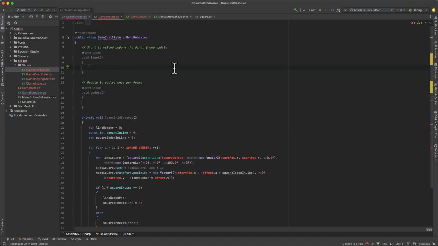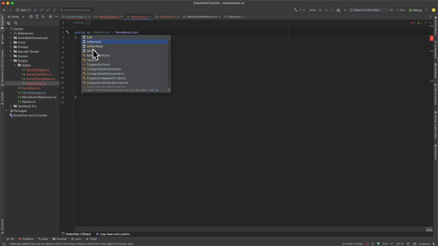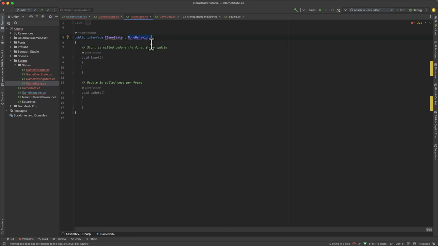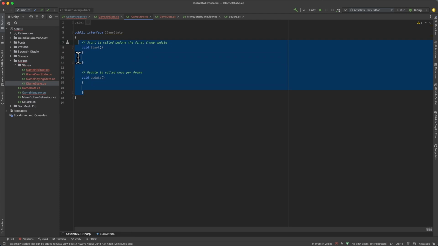Okay, now we wanna do some initialization of our states. So first of all, let's implement the iGameState. So this is gonna be an interface, not a class. So we will change this to be an interface, and we will not inherit from anything. Okay, and let's remove the start and then update method,